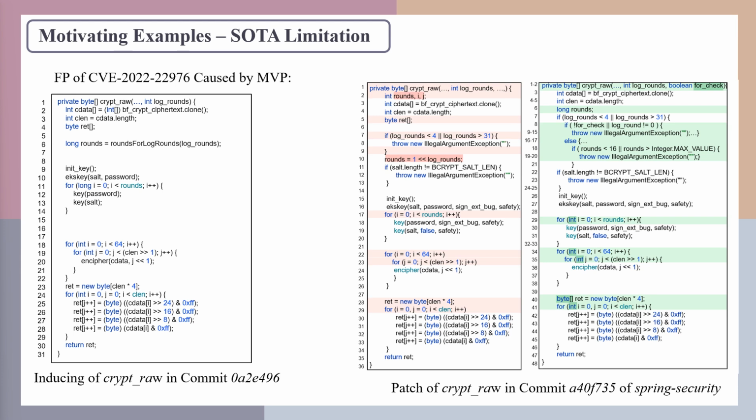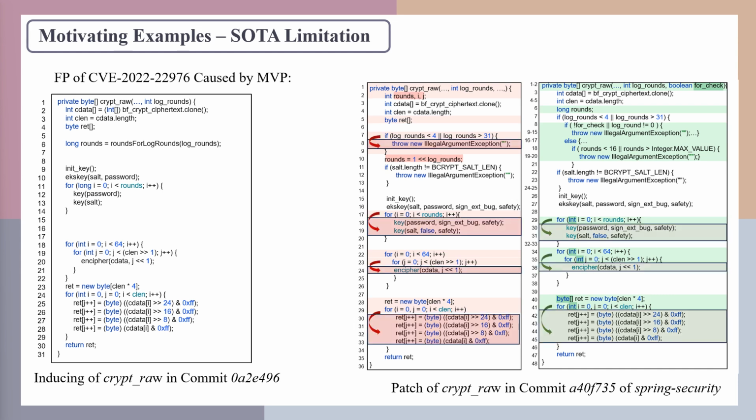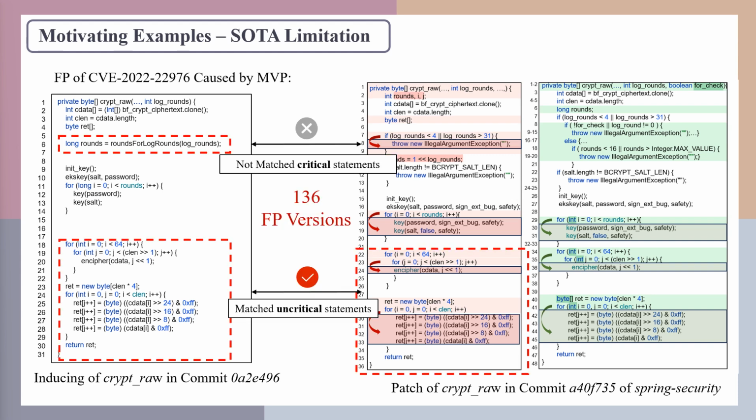There is another clone-based approach, MVP. It first slices the changed statements to extract the vulnerability-related and the fix-related context. In this case, lines 22, 23, 28, and 29 are vulnerability unrelated statements, and the slicing further introduces more vulnerability unrelated lines of 24, 30, 31, 32, and 33, which cause 136 vulnerable versions